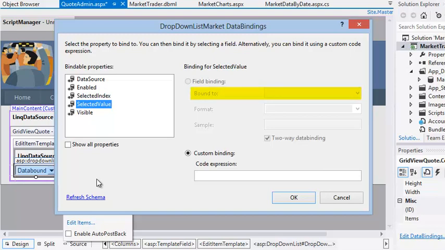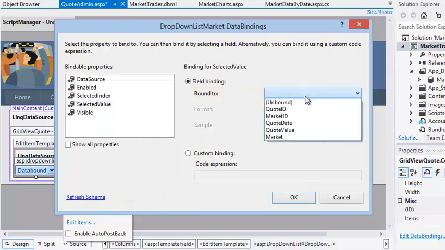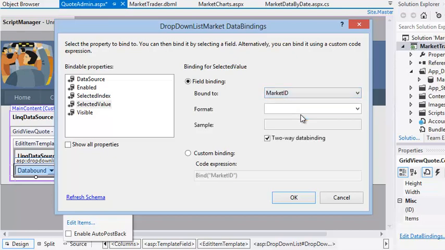If the Bound To drop-down menu is not available, click Refresh Schema. Now examine the Code Expression text box. The code in this box is very similar to the eval expression that you used in Lesson 7-8. The eval expression simply extracts a value from the database, while the bind expression also allows the value to be updated. Click OK now,